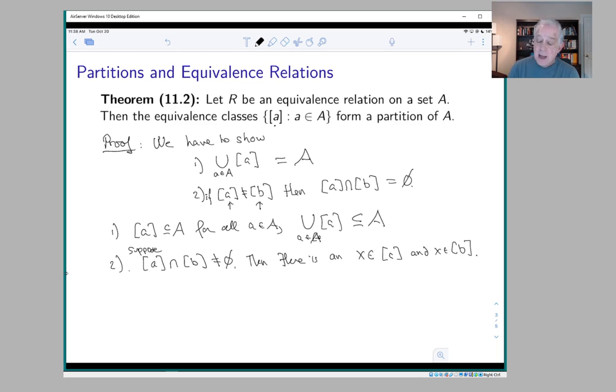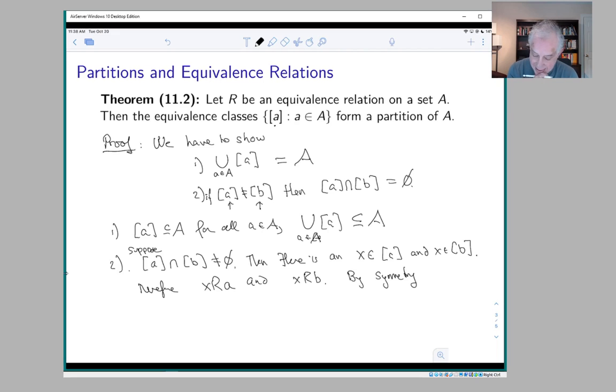And that means x is related to a, and x is related to b. So by symmetry, remember this is an equivalence relation, and now you're going to see why we need to use